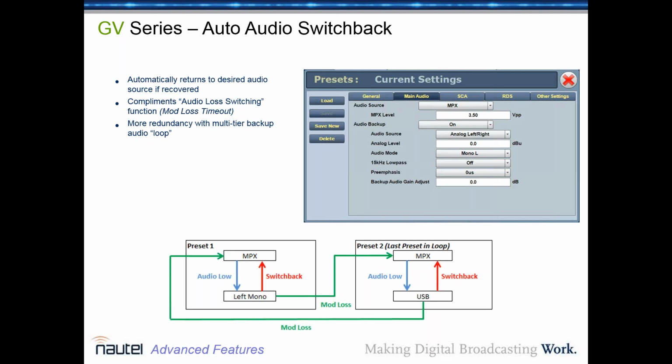So this is the preset screen we're talking about, and the primary audio source is multiplex. So you probably have a multiplex or composite STL bringing the audio in, or you've got your audio processor at the transmitter site and you're bringing the multiplex signal in. If that multiplex signal goes away, it switches to the analog left and right inputs automatically. But anytime the multiplex comes back, it switches back immediately. Well, that's correct. And we've got it configured right now, if you look at the little flow chart at the bottom of the screen,